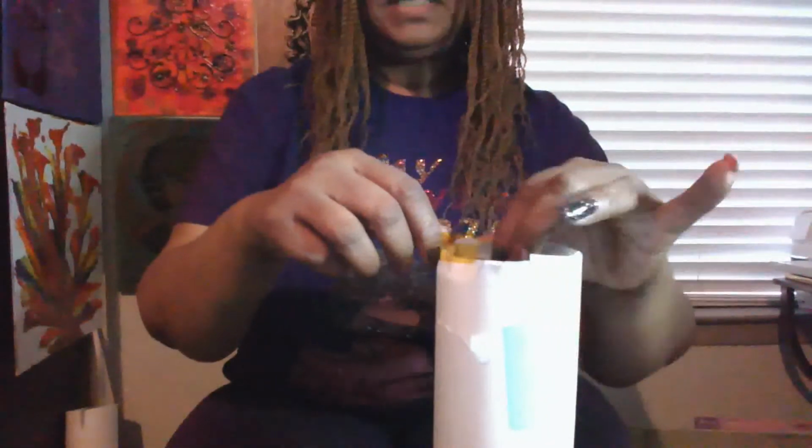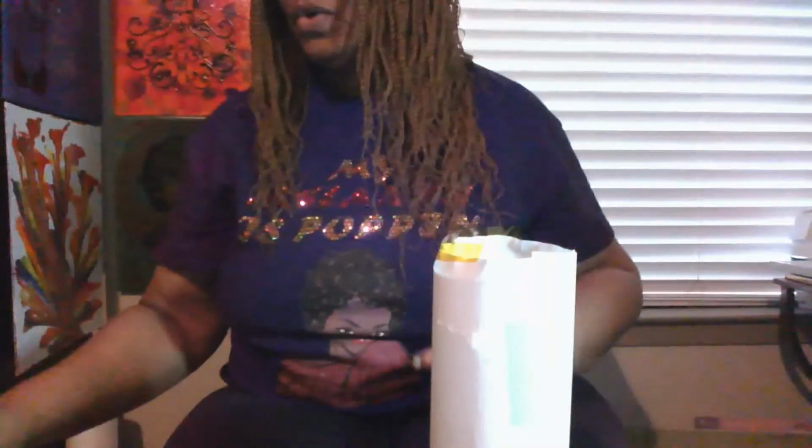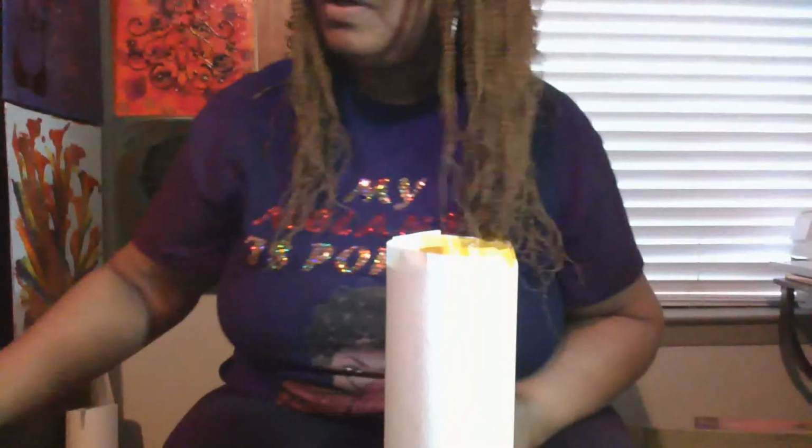Now, I did see a young lady on YouTube that had messed up one of her tumblers, and to make the tumbler reusable, she just put vinyl on. She ended up doing a black sublimation all over what she had done on her tumbler. I don't want to have to do that, so